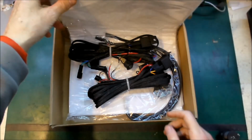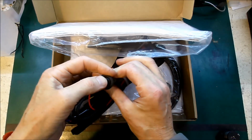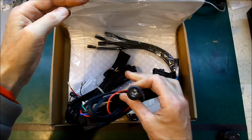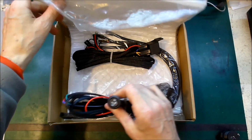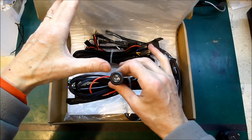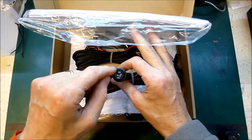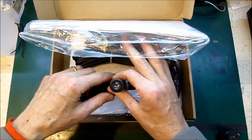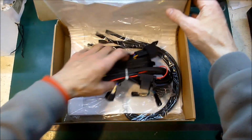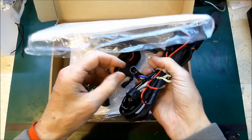So this time I have bought a slightly cheaper kit, and this one has the generic round switches, which are functionally equivalent to the nice Nissan ones that I had in the previous kit, but are an awful lot cheaper. And that makes sense because the rear switches don't have a slot in which to sit nicely, so I'll show you where those are going to go. And otherwise it's pretty much the same kit, slightly different connectors,